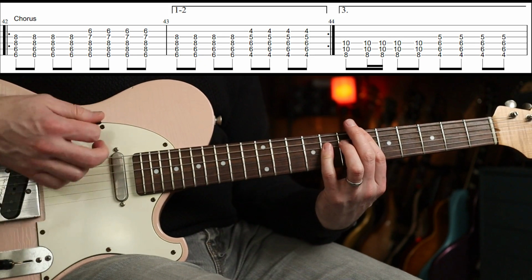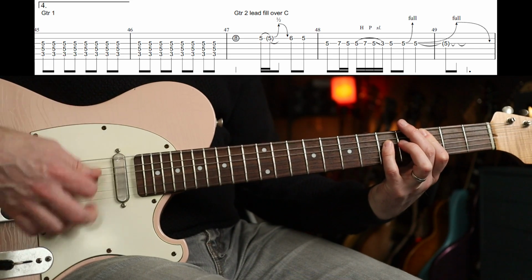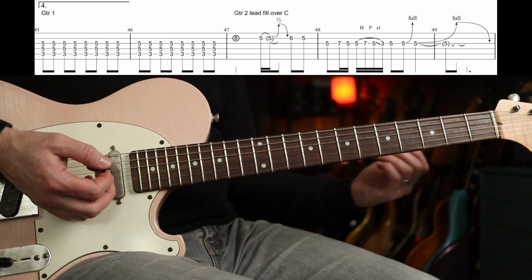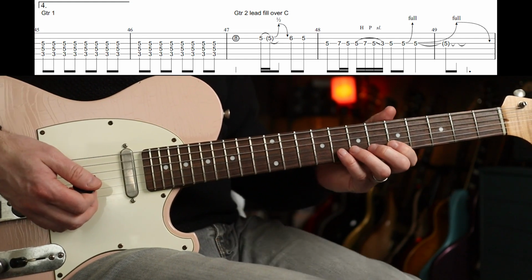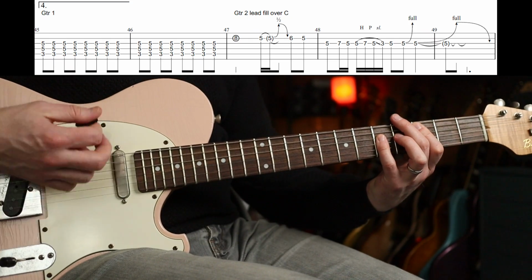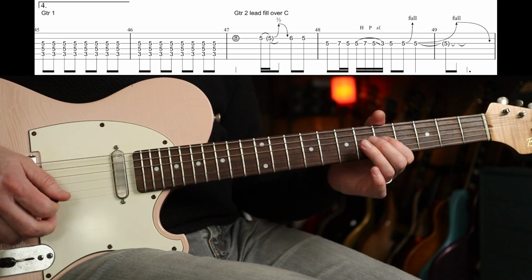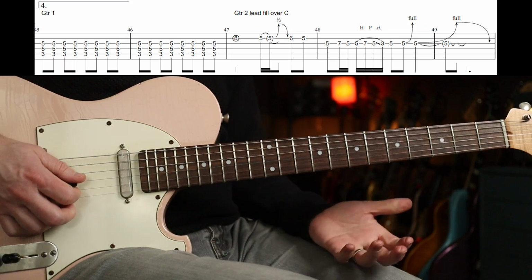4th time then is just 8th notes all the way. The big muff is on for that bit. I turned it off so you could hear what was going on. There's also this, which goes over. This is the fill over the C part. Over those 2 bars, we have something like that. So we have